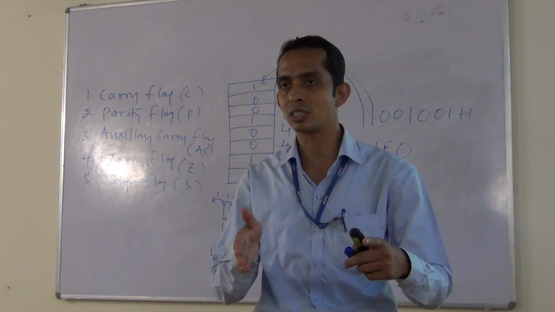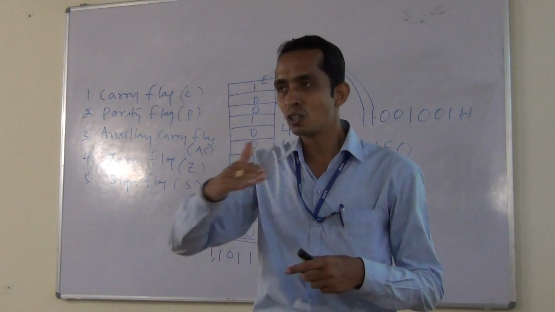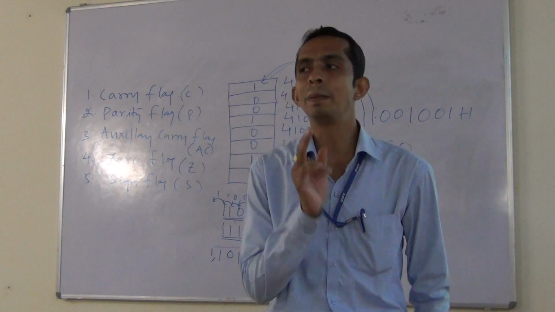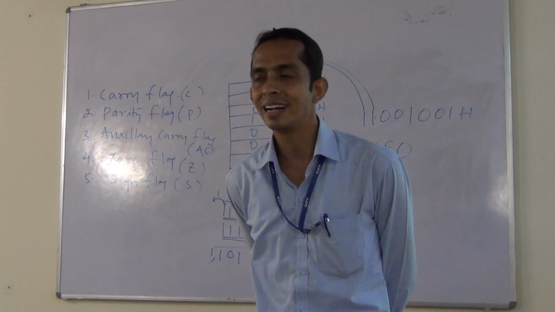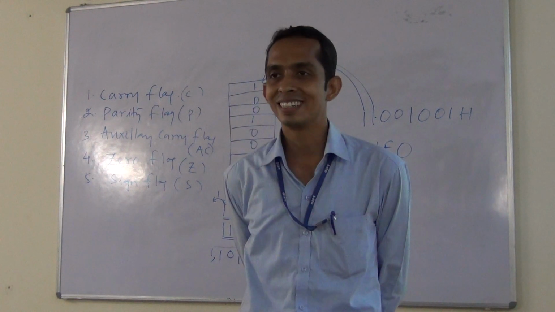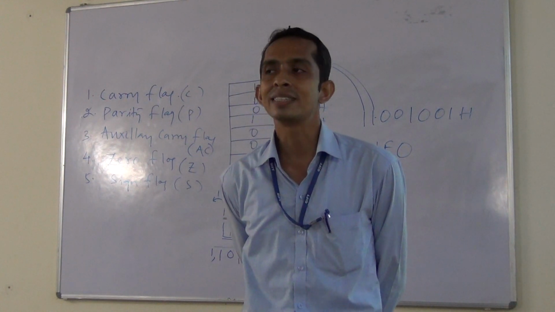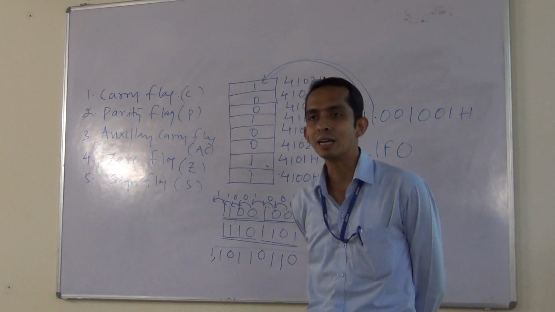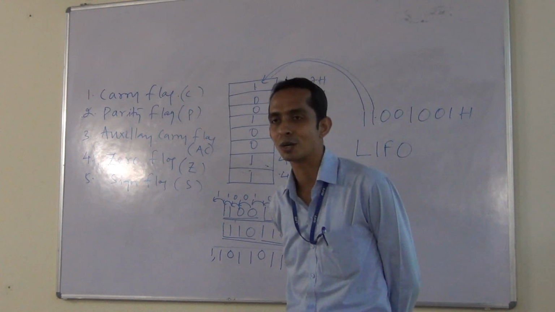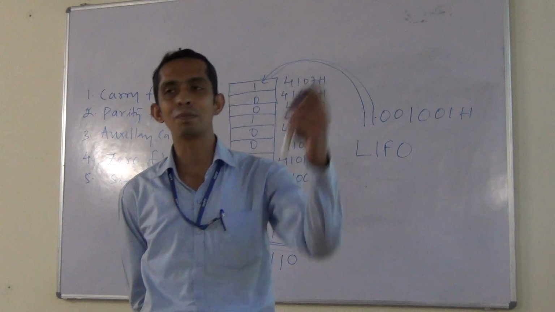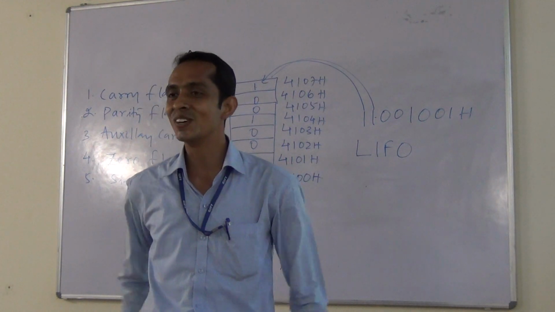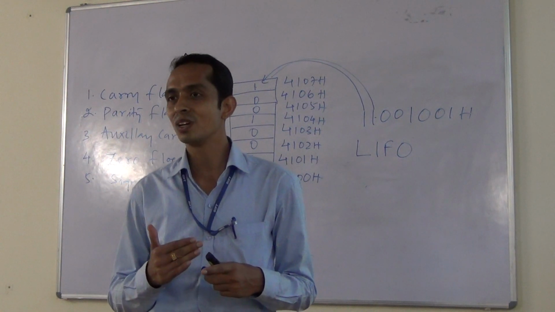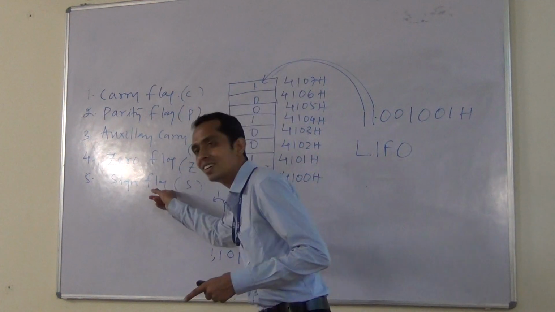In signed arithmetic, you verify the result, and after finding the result occupied with a sign bit, if the result is a negative number, at that time the sign flag will set, otherwise reset. If the result has a sign bit of 1, it means the result is a negative number. Various approaches we have discussed: the sign magnitude form, 1's complement form, 2's complement form. I am not going to discuss further because in the previous class we discussed in detail. So if the result is a negative number, or 1 is found in the sign bit, at that time the sign flag will set, otherwise reset.